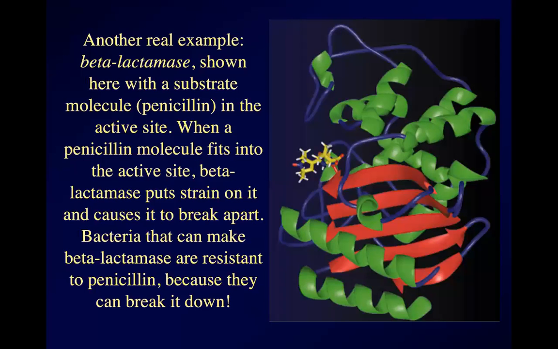Here's another one that's important. This is an enzyme that certain bacteria make. It's called beta-lactamase. Here, the chain of amino acids is shown in blue. The parts of the chain that have kinked up into alpha helices are shown in green. And the parts of the chain that have zigzagged into pleated sheets are shown in red. And if you look over on the left-hand side, sorry,